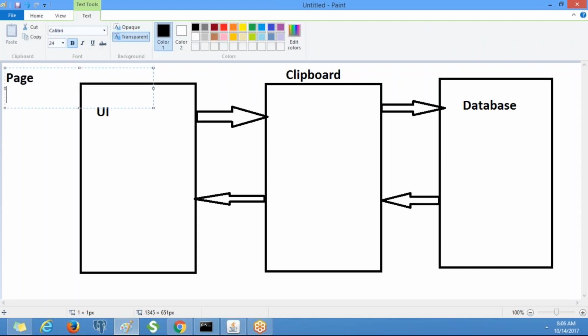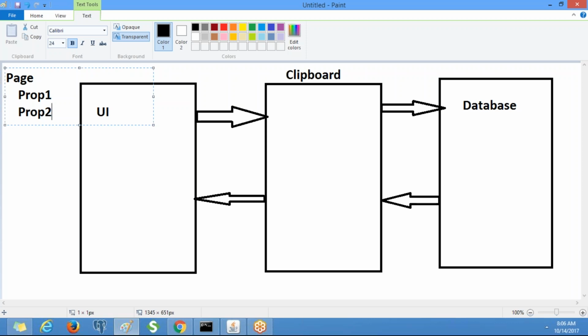A page holds multiple properties, property 1, property 2, like that. Again, each property holds a single value, right? So a page is a collection of properties, and this clipboard contains different pages.